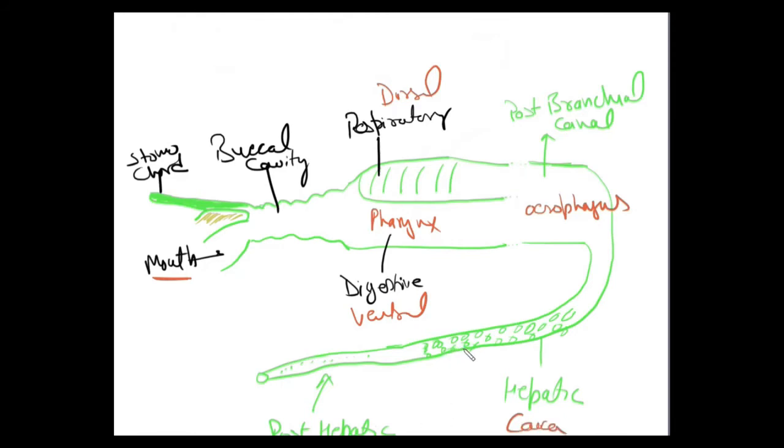The hepatic portion of the intestine leads into the simple tube having numerous cilia, and this is the last part of the intestine in the posthepatic region, and it ends in the anus having the sphincter muscles. This is the anus.